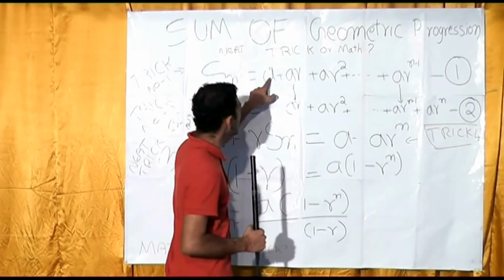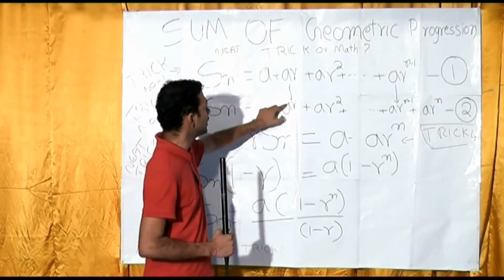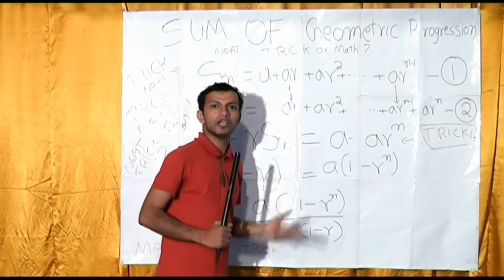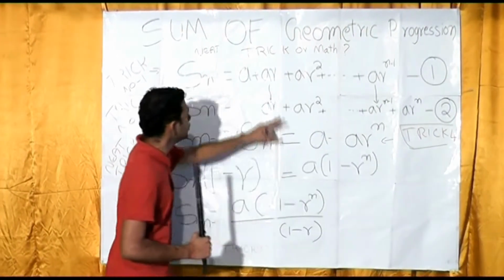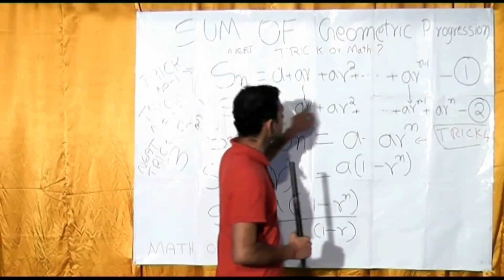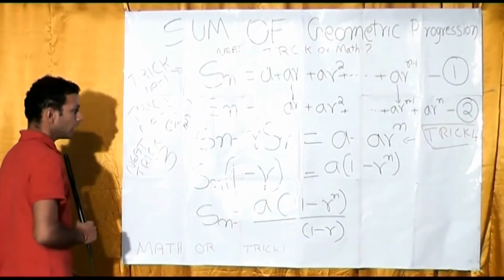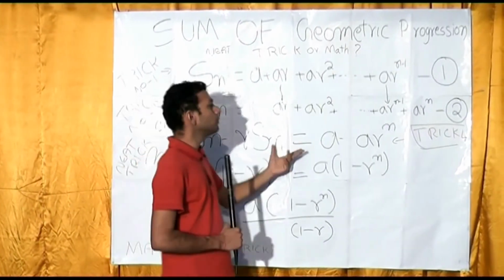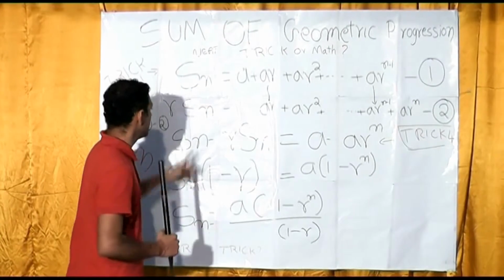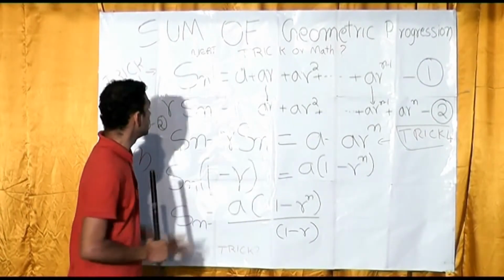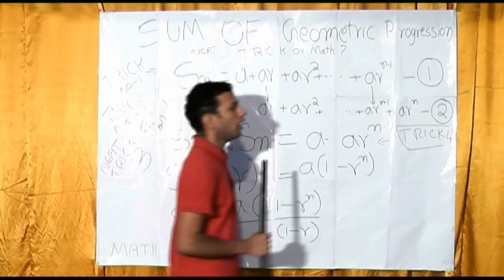If you subtract directly like that, Sn minus r into Sn, a minus ar minus ar square, you won't get the final formula. So you need to use a trick that these terms are cancelled in the subtraction. Finally, the simplification steps come in the fifth step, Sn minus r into Sn, so you are taking out Sn and finally get the answer.